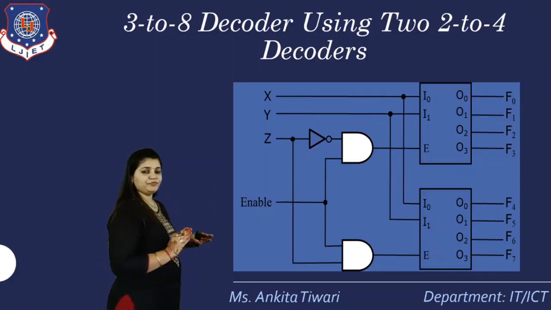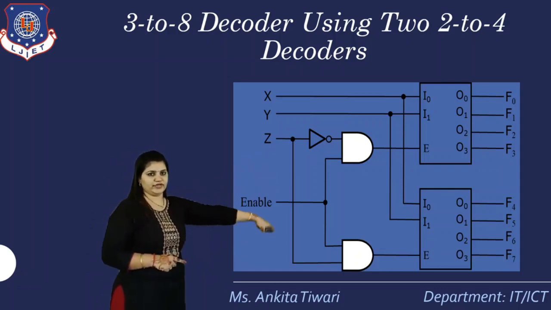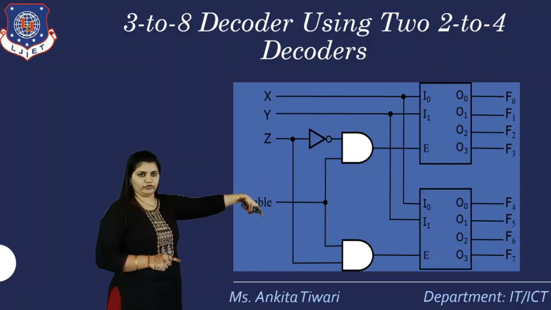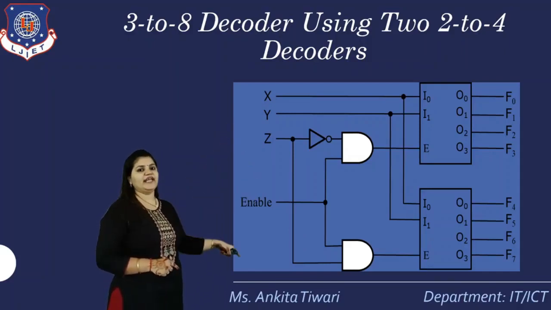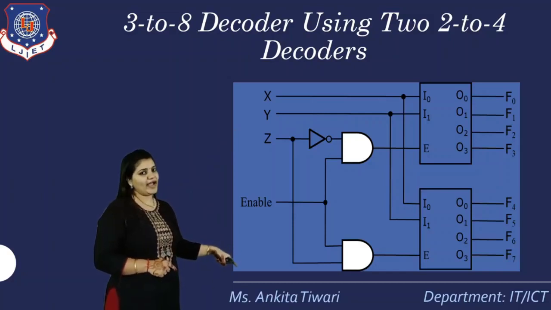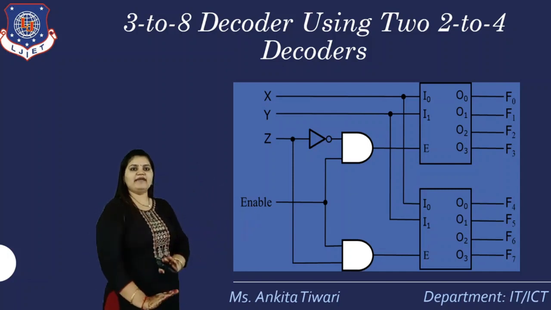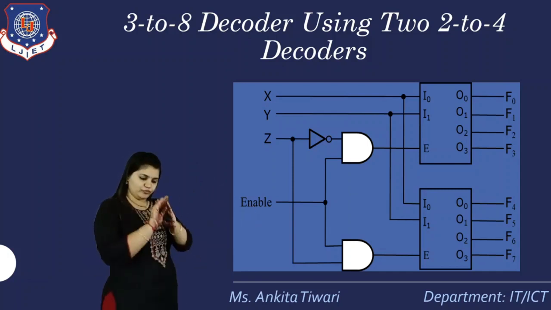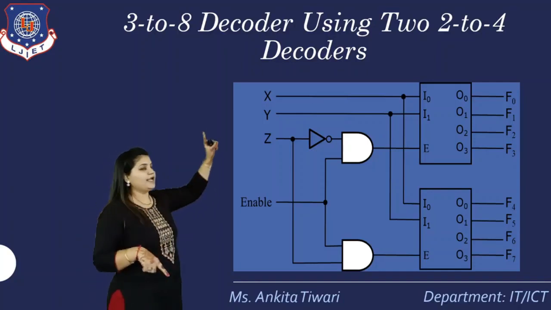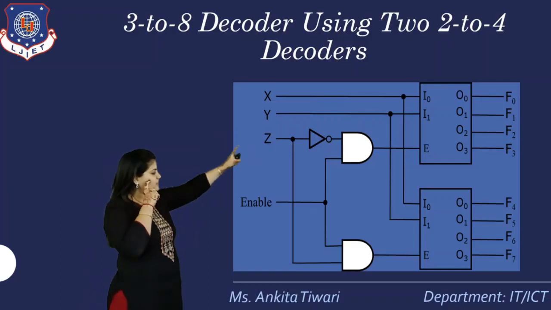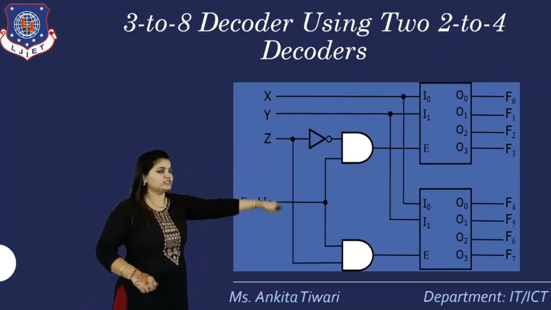So here as you can see, we have to take 2 to 4 decoders. As you can see, 2 decoders are there. 2 to 4, 2 inputs, so X, Y. The same input should be given to the next decoder also. Why? Because it's a common circuit. The output is common, the output is the same from F0 to F7. The output should not change, so its input should be the same. For that, the same X and Y inputs will be applied to the next decoder also, that is X and Y.